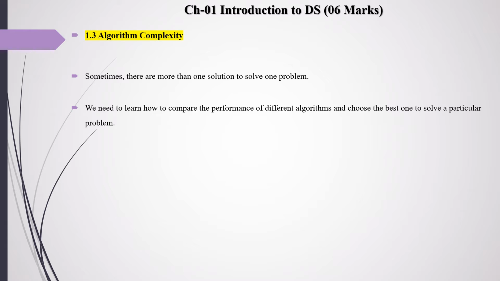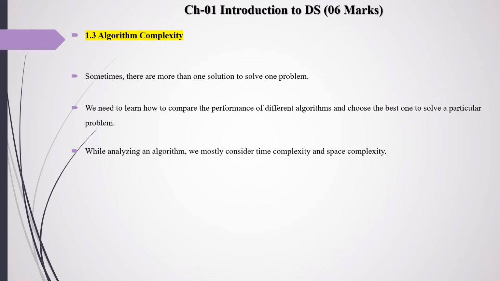The simple example of algorithm complexity: just we take one person go from one point to another point. There are many paths to connect two points, but the person selects the shortest path. This is one example of complexity.